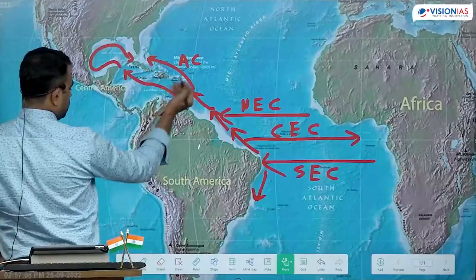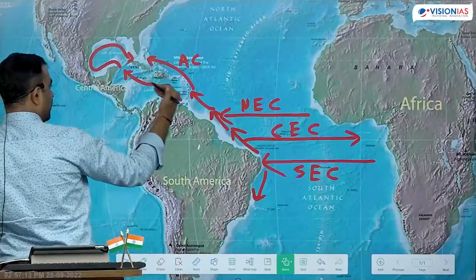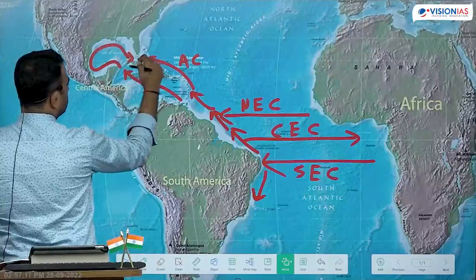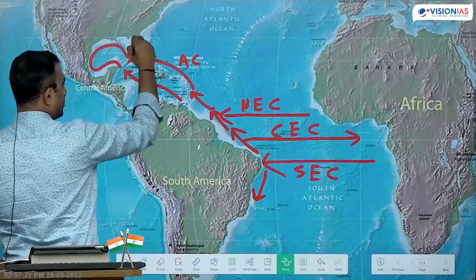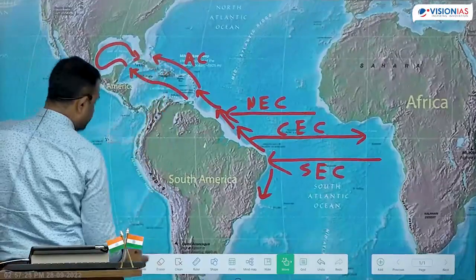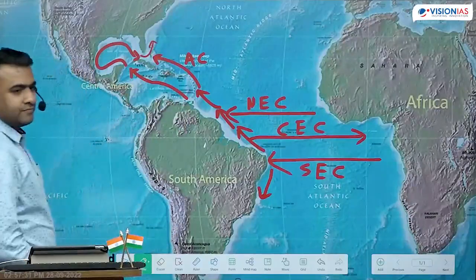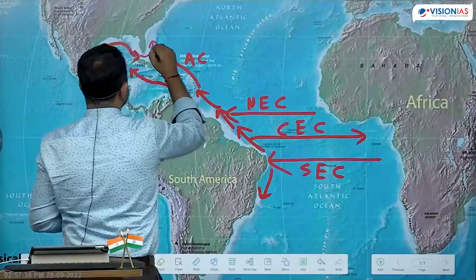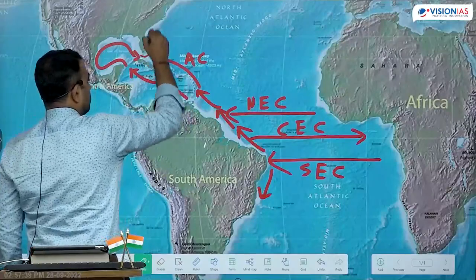Okay, the western side of the Antilles current, divided by the Caribbean islands, this part enters the Gulf of Mexico and comes out through the other part, where there is Florida. This is Florida, right? It comes out from Florida and again here it will merge with the Antilles current. It bifurcated here, then it circulates inside and merges back with it. And now this combined current is flowing along the coast of